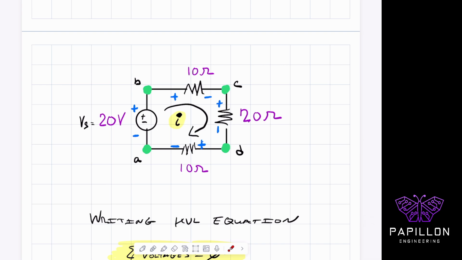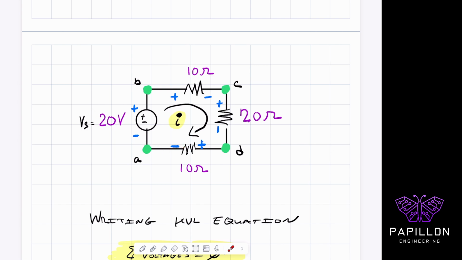The given ones are always negative and positive based on the terminals of our voltage source, which have poles. Our resistors as passive devices do not have poles, so we will give them their convention based on the flow of the current. So it's leaving the positive end, entering into this resistor, getting the positive, leaving, entering this resistor, the main current, right? And then this positive, negative, it's entering this side, so it's positive on this side, leaving,